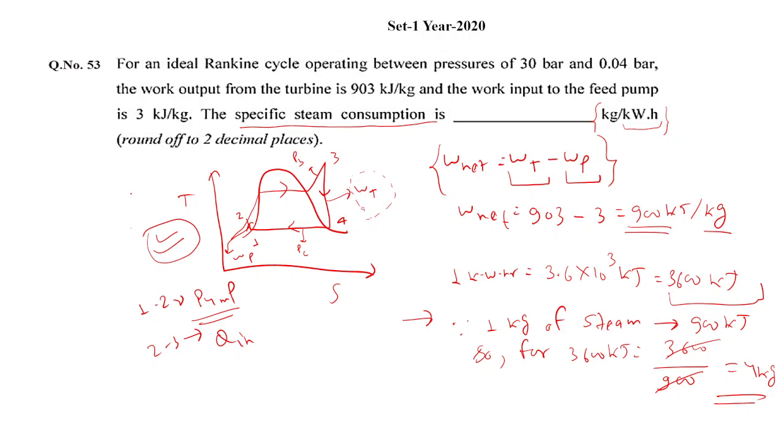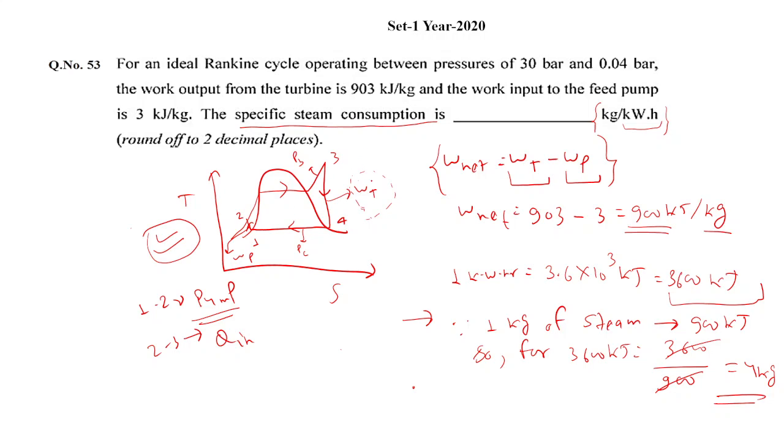Now we expand it. When expansion happens, the pressure decreases and the volume increases, and this work done we will be getting. I actually made that wrong, because here it is an open system, so the work is minus VdP. So in the turbine we get the work done, and then the condenser would be there, so we condense that and repeat the same process.